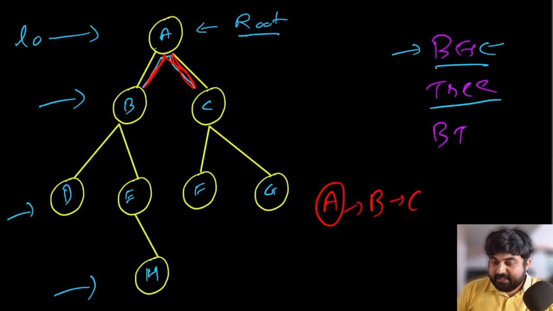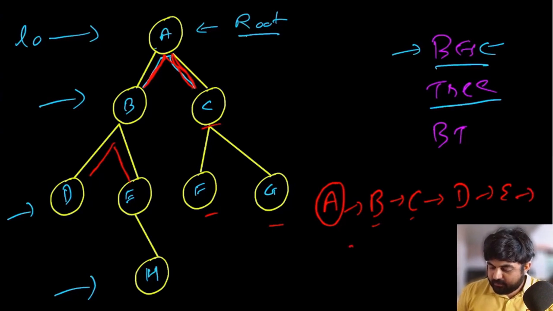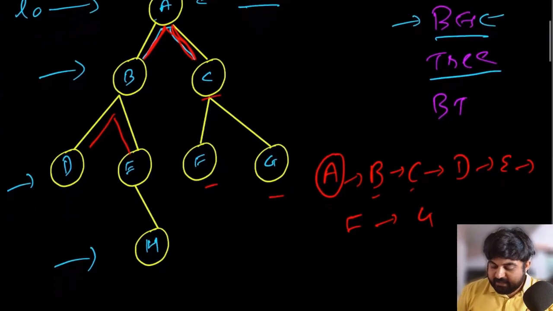From this B and C, for B we currently have the children D and E, which we are going to visit after visiting C. So for B we are going to visit child D, and also child E. Again, C has children F and G. So again from E we are going to visit node F, and then node G. In the end, E also has a child called H that we are going to visit last.